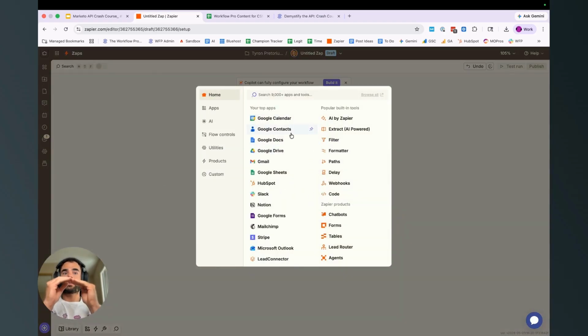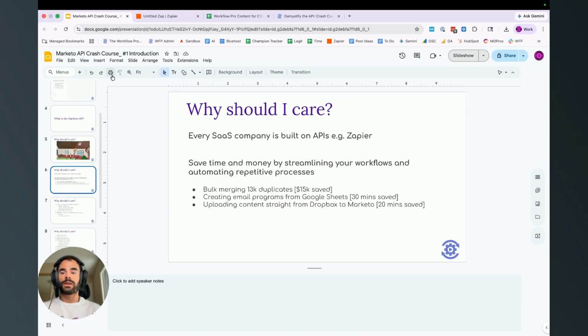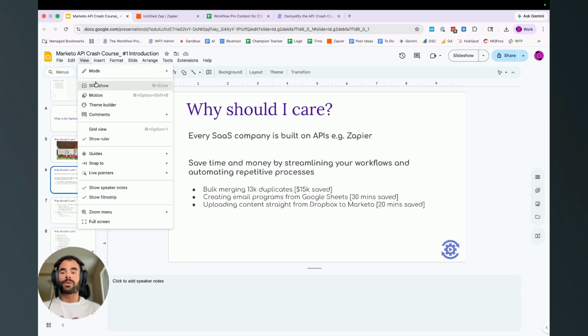On the surface, Zapier gives you a nice drag and drop interface that allows you to carry out these actions. But underneath, whenever you carry out an action in one of these platforms, Zapier is using their API to carry out the desired action. So that's how APIs are used in the Zapier ecosystem.